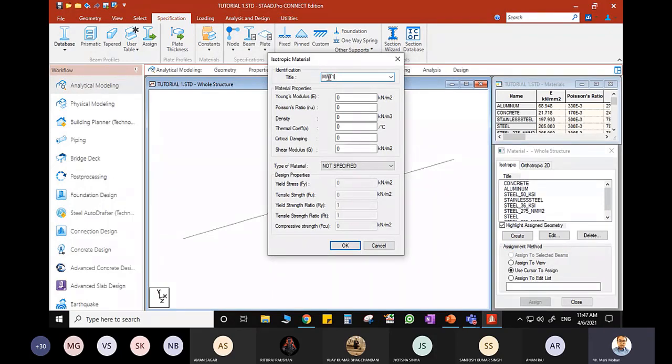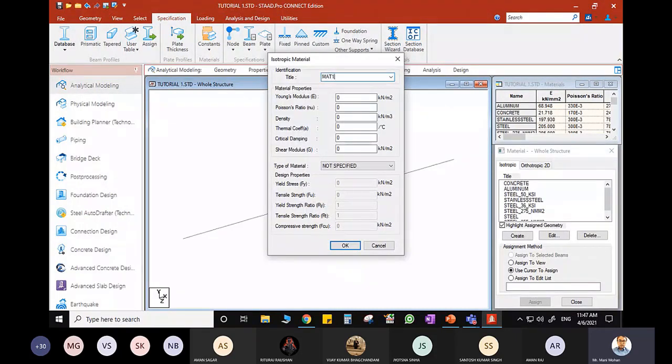You can try this out. If someone gives material type 1 like this, this is actually wrong. Here there should not be any gap. Whenever you define the material title, make sure you do not leave any gap between the words.